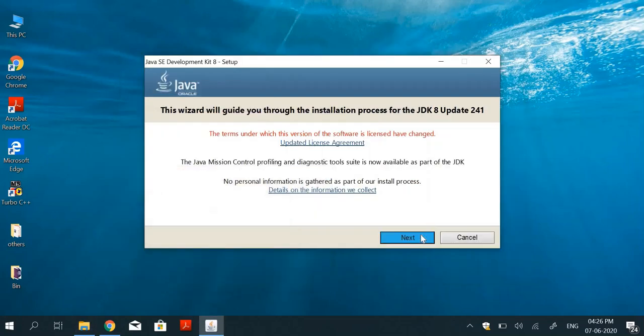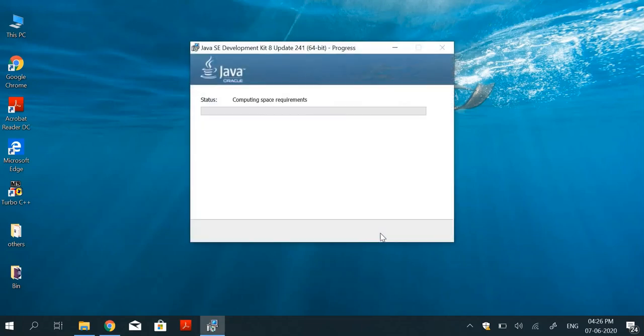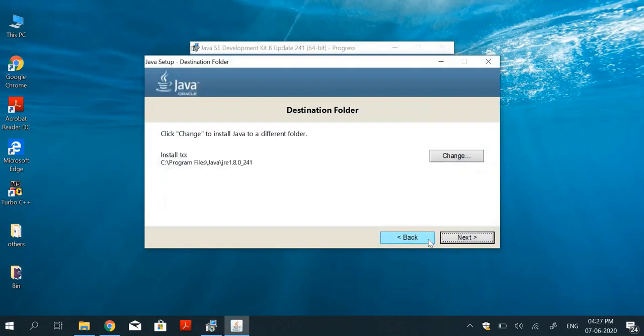Then click next. You have to click next only. Yes. Then you don't need to change anything.